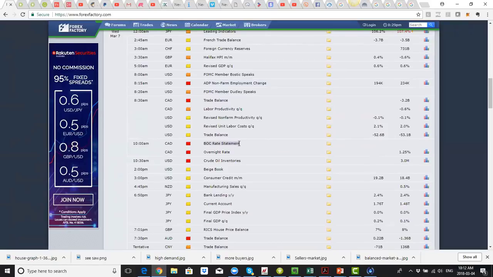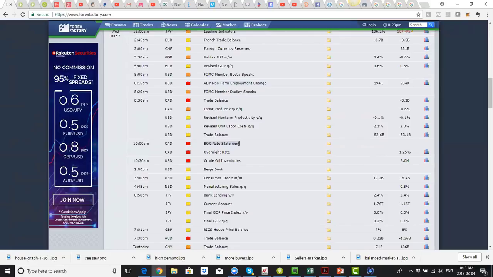Now, Canada is in an interesting place right now. The economy has been doing well. However, we just heard that President Trump announced tariffs, and Canada will be one of the countries impacted by these tariffs. So the Canadian economy could take a hit as a result. What that means for the Canadian dollar, and also Bank of Canada: Bank of Canada has been raising rates. They are the second central bank of the majors, right after the Fed, to go ahead and do interest rate hikes.